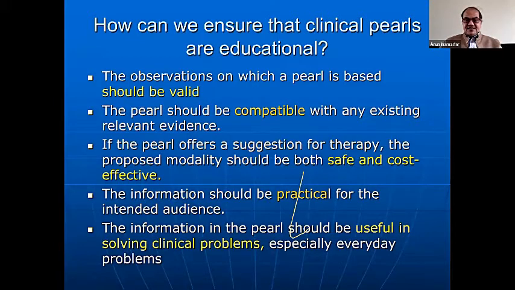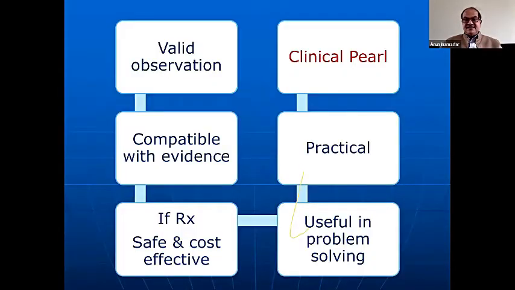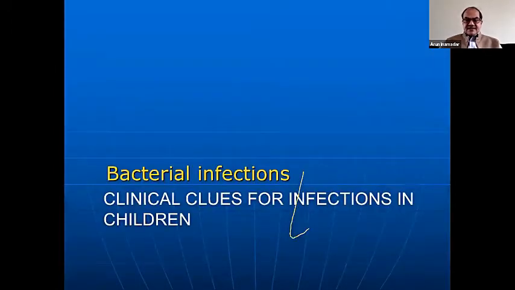The pearl should be useful in solving clinical problems, especially everyday problems. So in that cell, if we just put the flow chart, it should be practical, useful in problem solving, safe and cost-effective treatment possibilities, compatible with evidence, and valid observation. This is very important. So I would like to start with bacterial infections, where I just listed some clinical clues